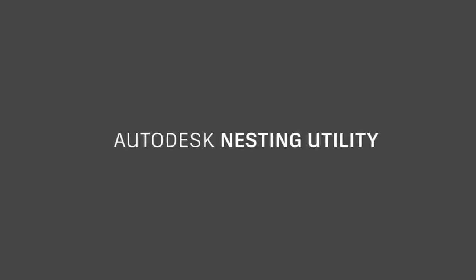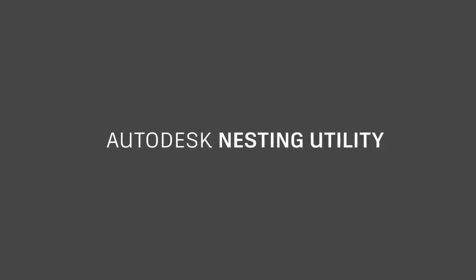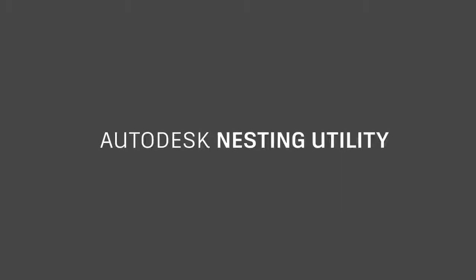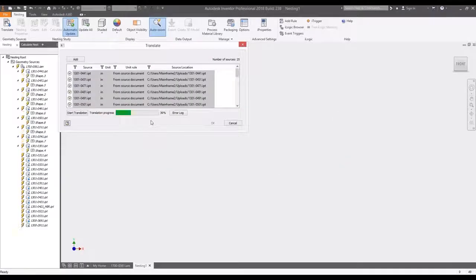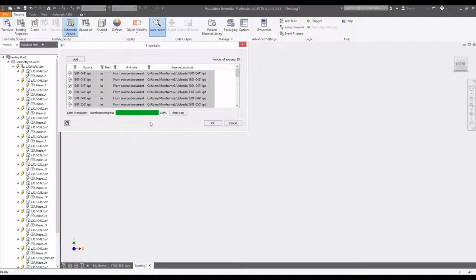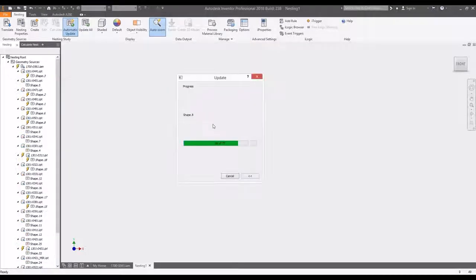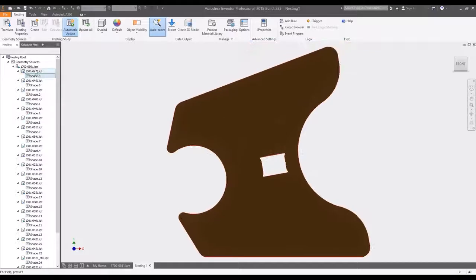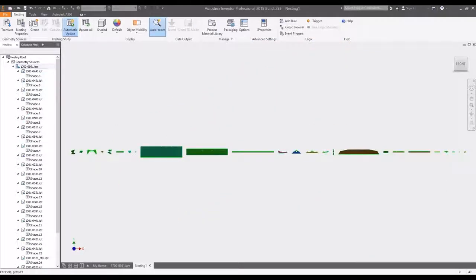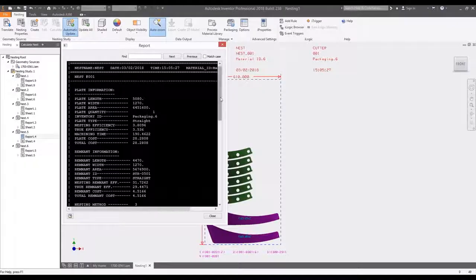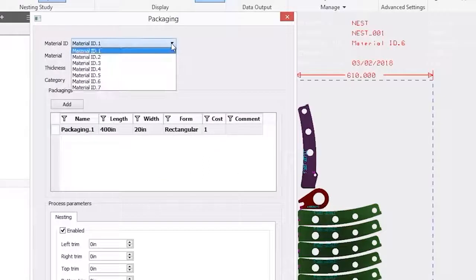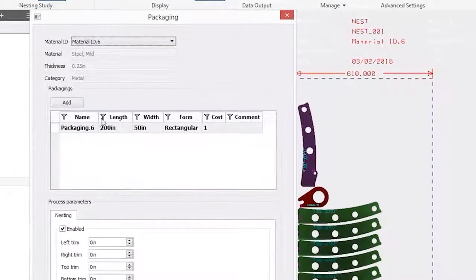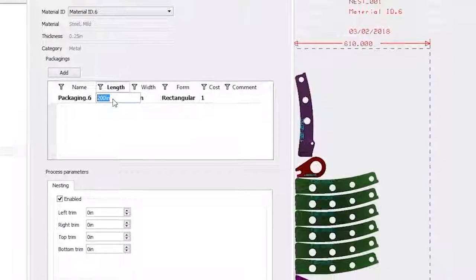Only in the collection, you'll get the brand new Autodesk Nesting Utility True Shape Nesting software. Nesting Utility works right inside Inventor, providing an associative, in-canvas workflow for nesting flat parts within your available raw material. Nesting Utility automatically tracks sheet metal part materials and quantities for nesting. Automatic reporting provides efficiency insights for machining time and material costs. Custom packaging sizes allow you to match the material size to the equipment dimensions or the raw material you have